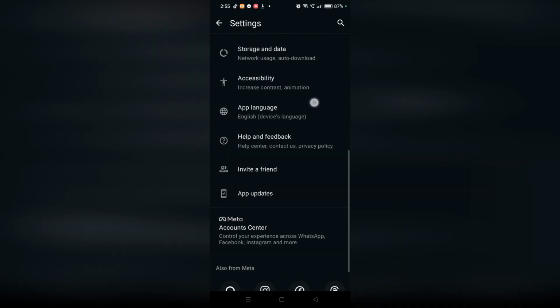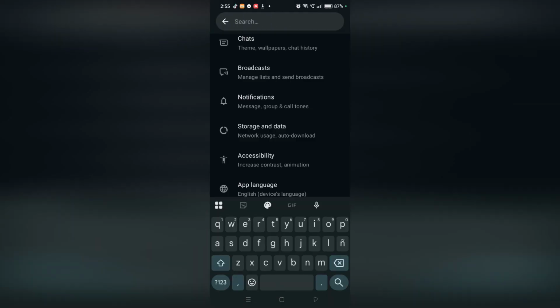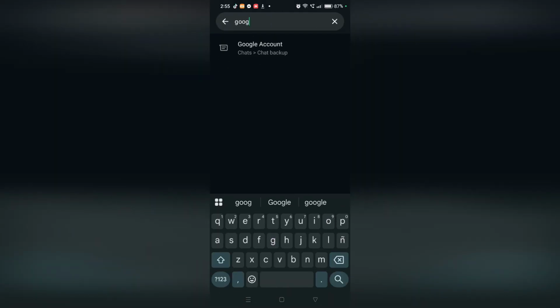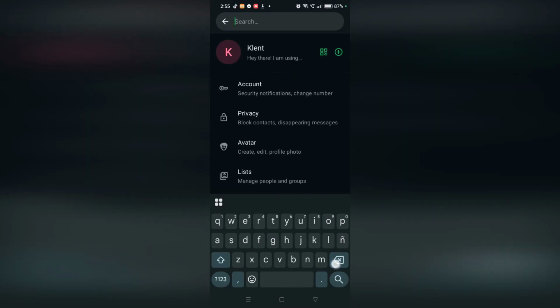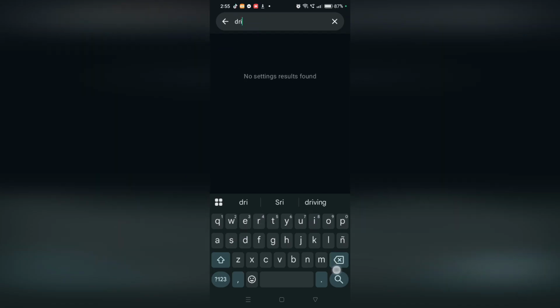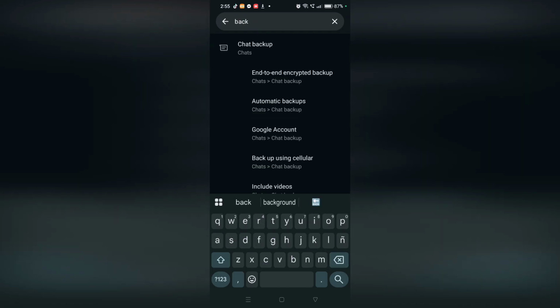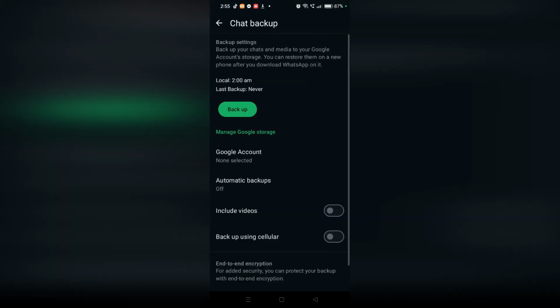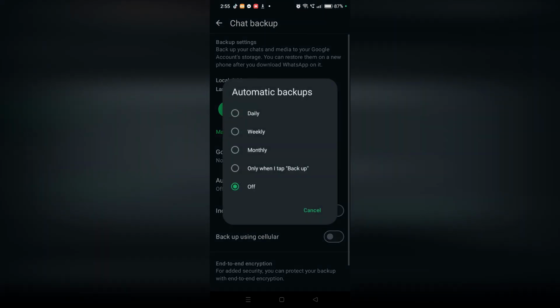There you go. You're gonna find Google Drive. Google Drive. There we go. Backup. Chat backups. There we go. And as you can see, once it's on automatic backup, just turn it on,